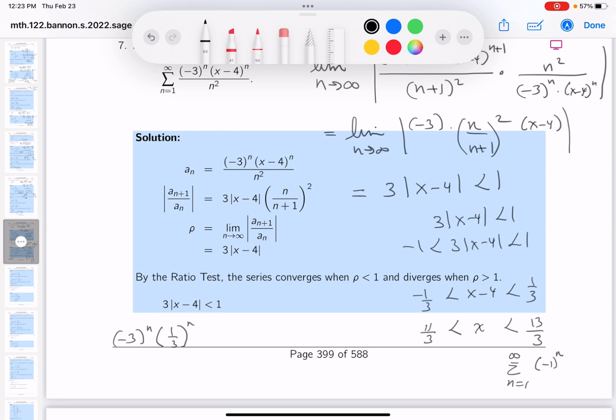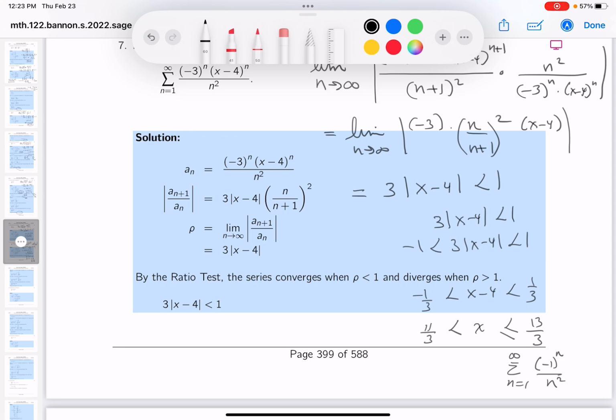That's what you get on top, by the way. What do you get on bottom? n squared. Well, you know, it's an alternating series. It's definitely convergent. It's actually absolutely convergent there. Let's do the lower limit, when I plug in 11/3. Well, 11/3 minus 4